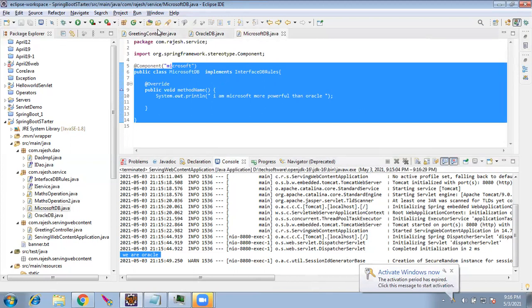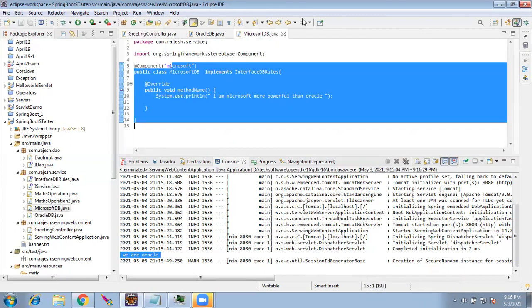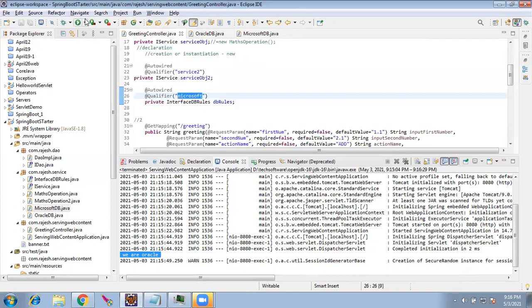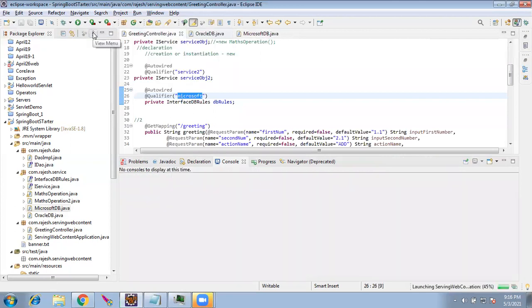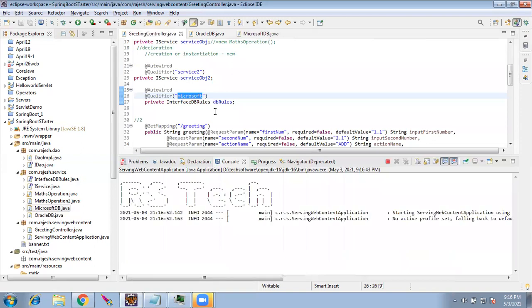Now if I run, I am changing just one keyword here and the control goes to a totally different file. The logic in this file will start working now. This file will not even be considered, correct? Yeah. That is the biggest advantage of this type of coding. Let us say the same coding you want to do in servlet, what will we be doing? The Oracle DB object equals new Oracle DB.